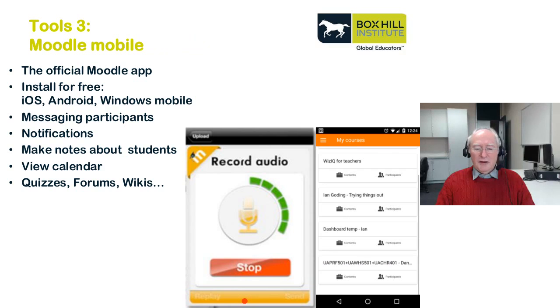It'll also be sitting in the background on your phone, and so it can receive notifications and pop them up, saying that there's a new comment in the forum, or there's an assignment due, or whatever. Teachers can use it to make notes about students. Teachers can view the calendar, and in the latest update of it,